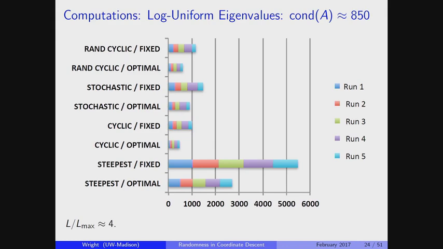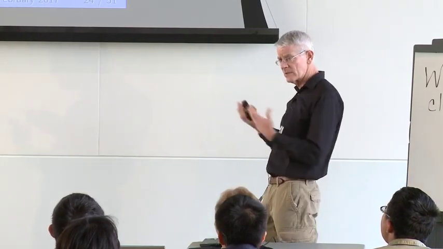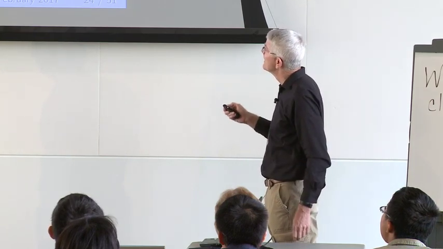When you go to a higher condition number, again, there's not a lot of difference, except steepest descent with a fixed step length is pretty bad, and the coordinate descent methods are all generally better than any version of steepest descent. So this is, again, somewhat intuitive, because the coordinate descent methods are always making use of the latest information about x. And that's showing up, even though it doesn't show up necessarily in the analysis,